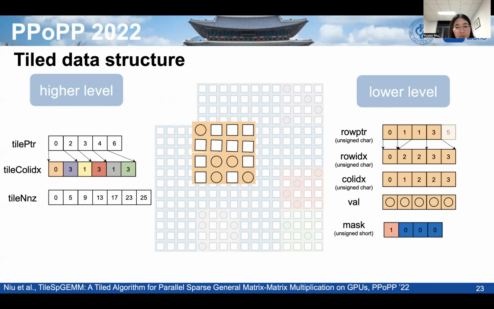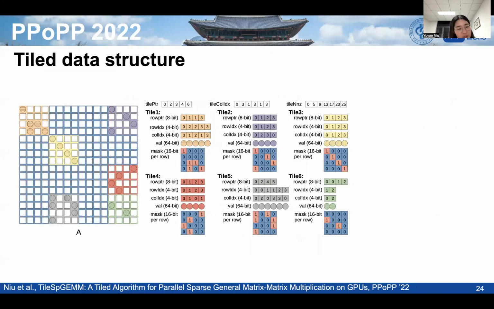Specifically, we mark 1 in the corresponding column index positions, and mark 0 otherwise. So this figure shows the entire tile data structure for a given 16 by 16 sparse matrix. And as we can see in the figure, the tile size is 4 by 4, and in our real experiment,